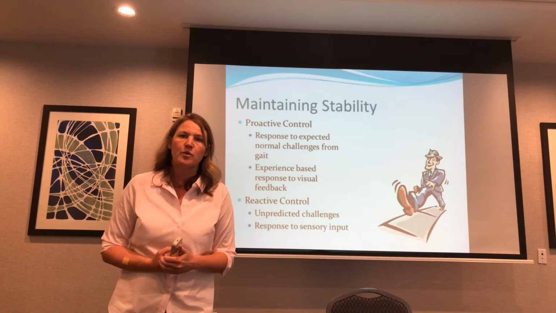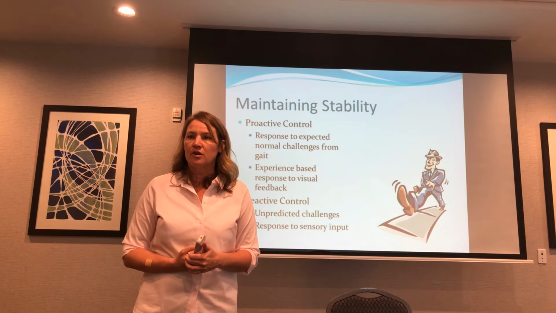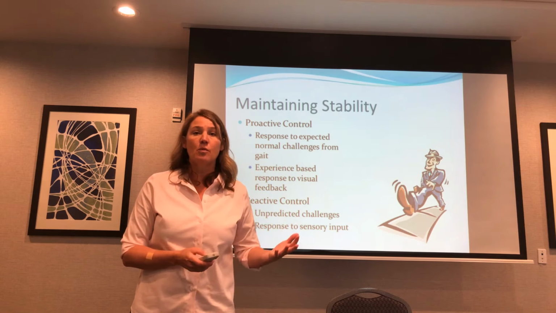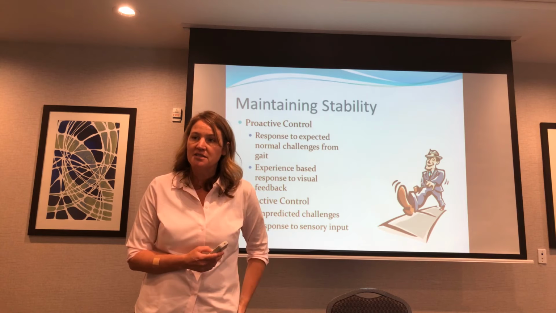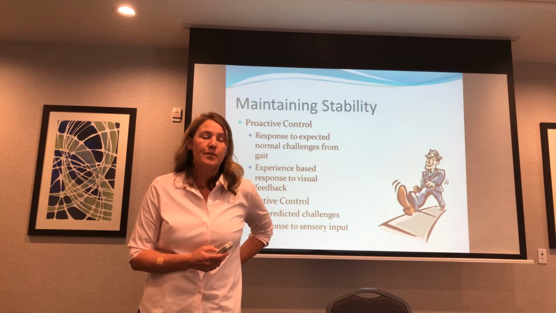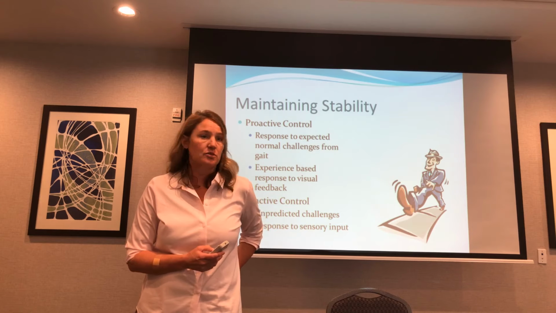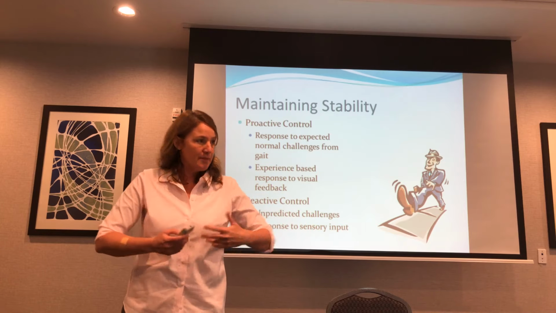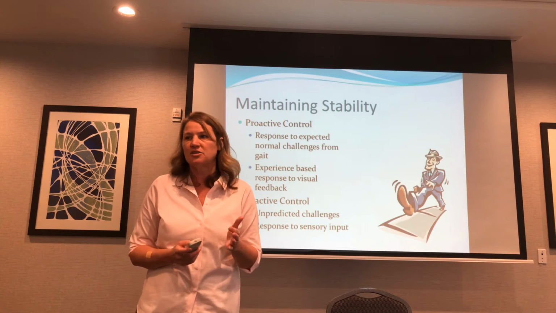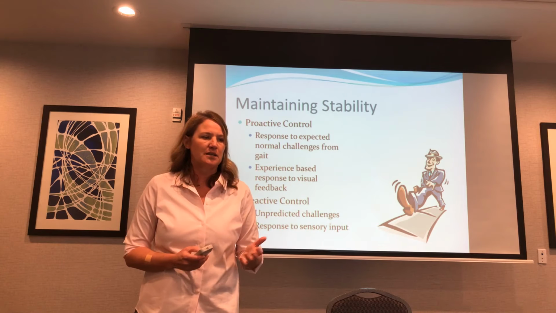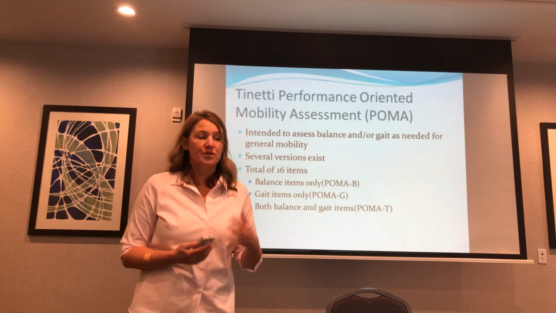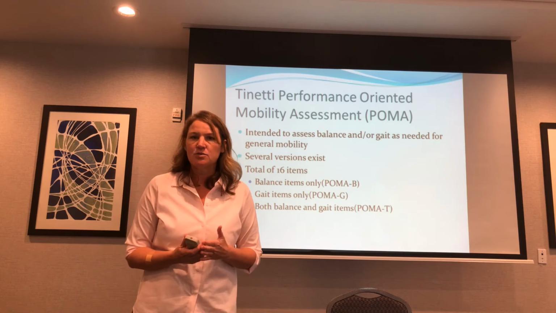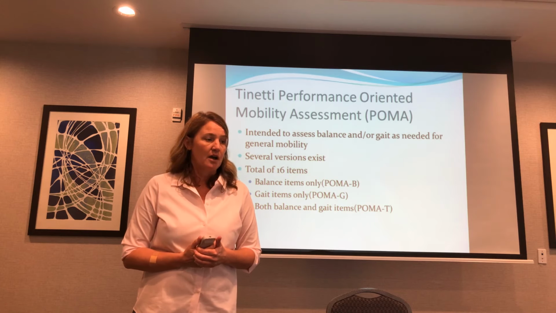If we have someone who is going to be a community ambulator, they're going to go home where things are going to happen that will challenge them. You have to be able to test these things and rehab these things. So the BERG balance scale, you can say, does not do that. You instruct them, you tell them what's expected of them, and they do it. But they're really not expected to do anything suddenly. There are no unexpected things. So when we start looking at different tests that can do that, we'll talk about a few.